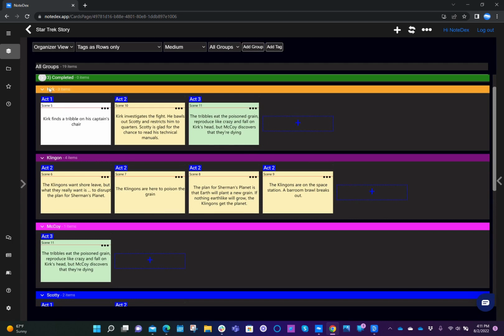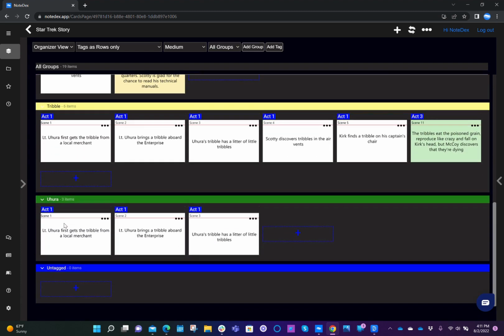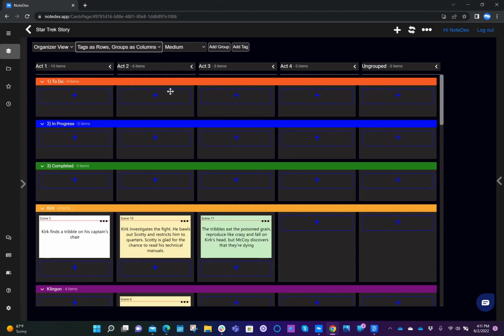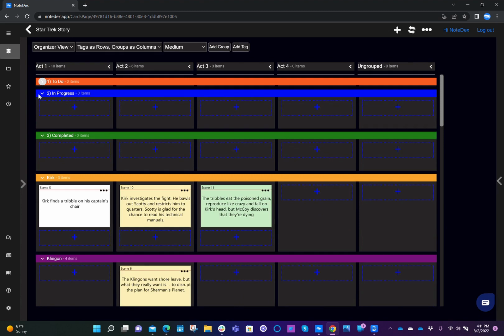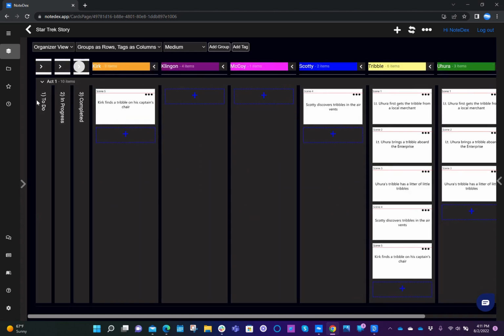So here we have the tags for Kirk, Klingon, McCoy, Scotty, Tribble, Uhura. There are many different views that you can have, including tags as rows and groups as columns. And I will let you explore all of that at your convenience. Let's go back to groups as rows.